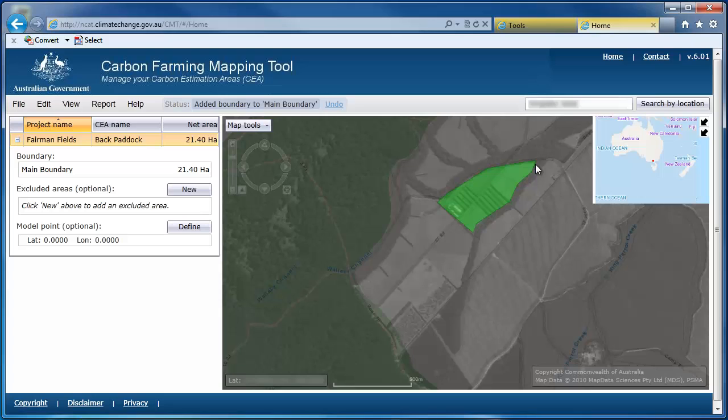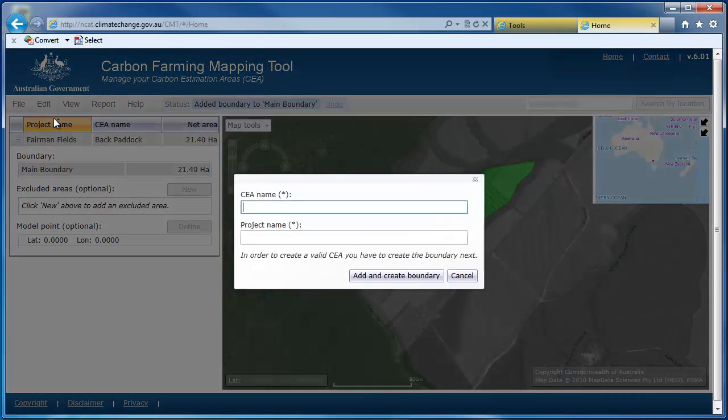I've decided to create a second CEA, so I'll follow the same process. Naming the CEA and then using the mouse to define the area, double clicking when I'm finished.